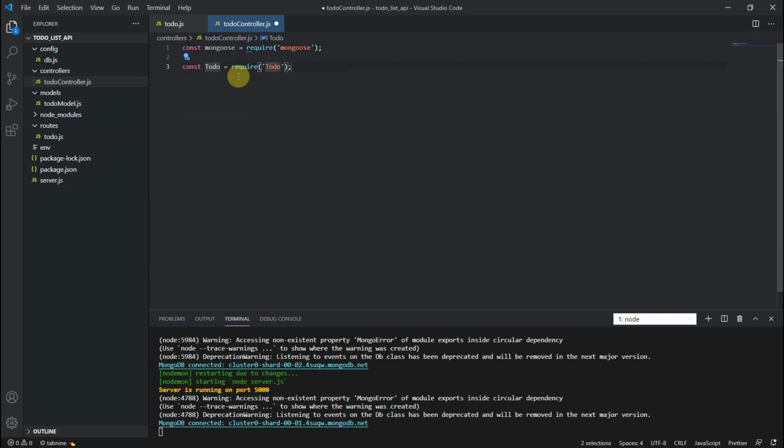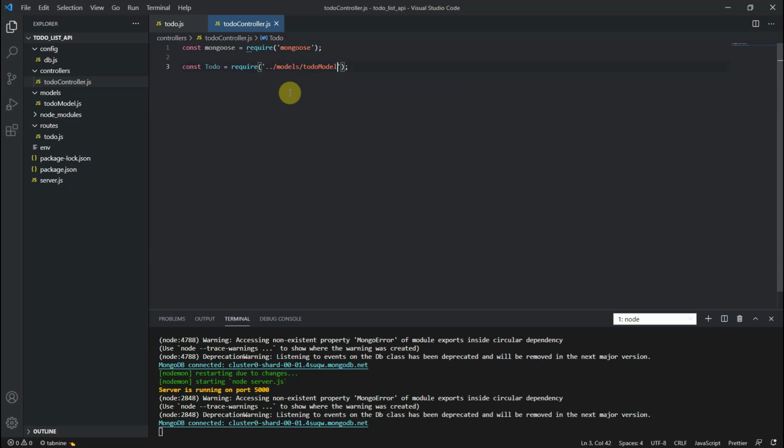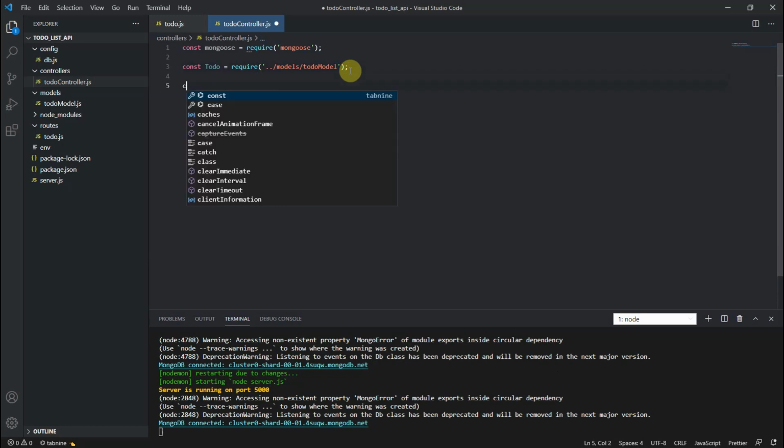Here you can write this path: models, then model. Okay, so we need to create some controllers.